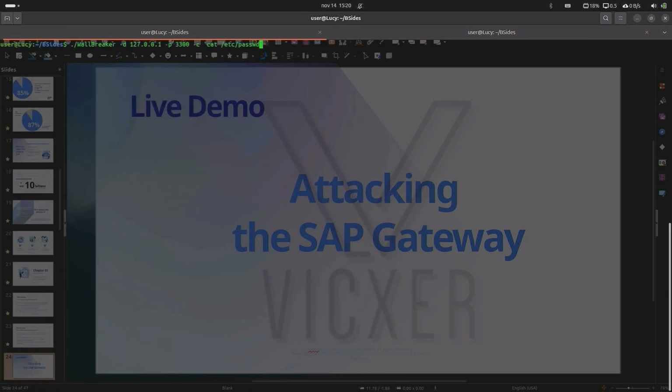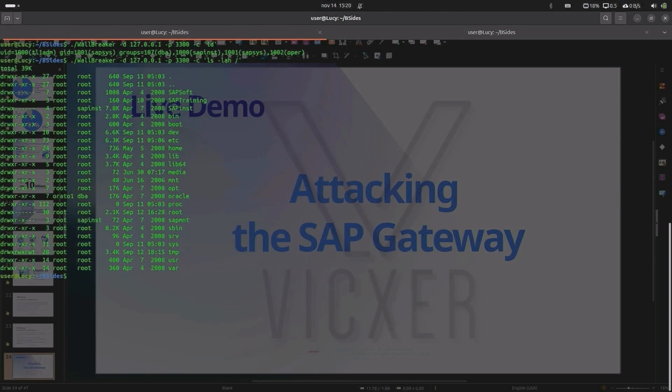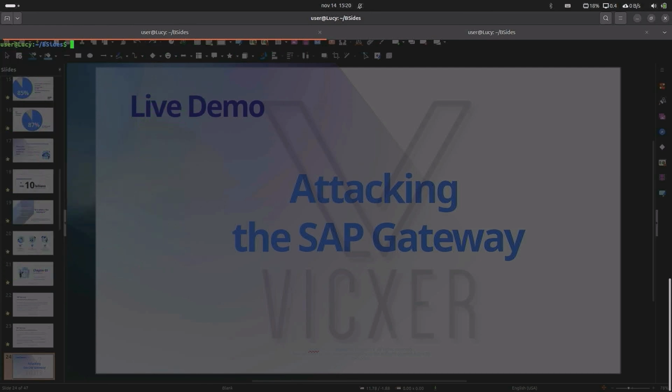And it's not just that, you can do pretty much whatever you want. You can run id to see the privileges that you have. You can do it like this. Pretty much you can do everything that the CDADM user can. You can shut down the SAP system right here. You can delete the kernel, perform a denial of service, everything remotely. You just need network connectivity.